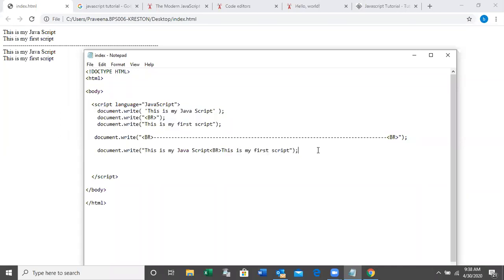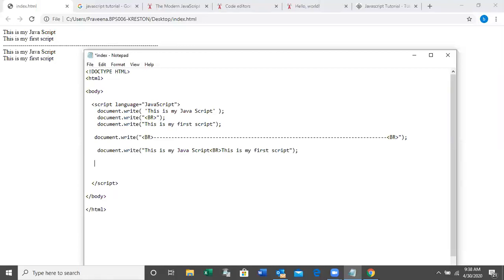Okay. Or else what we can do is, this is the first text and this is the second text. We can join these two texts using the join operator. Join operator means the plus operator. If you want to join two texts, we can use the plus operator.